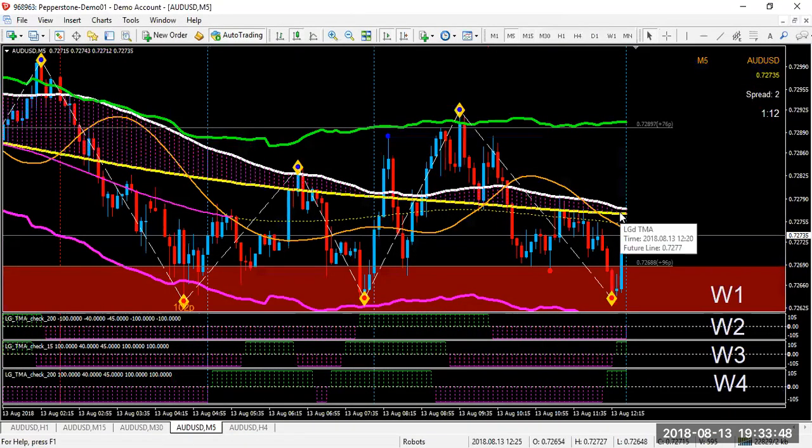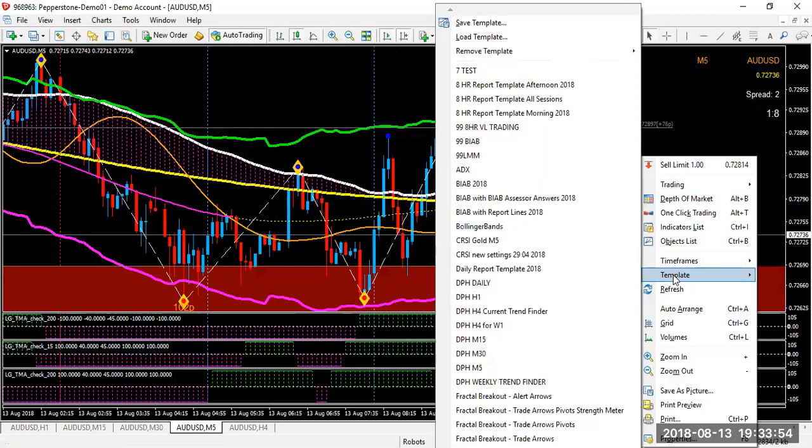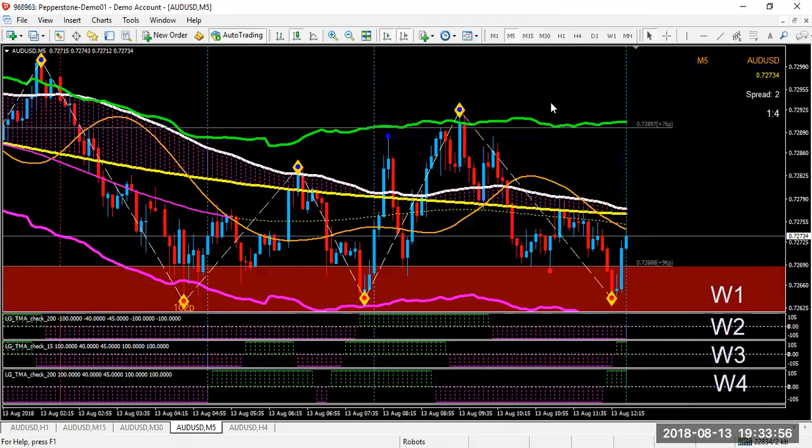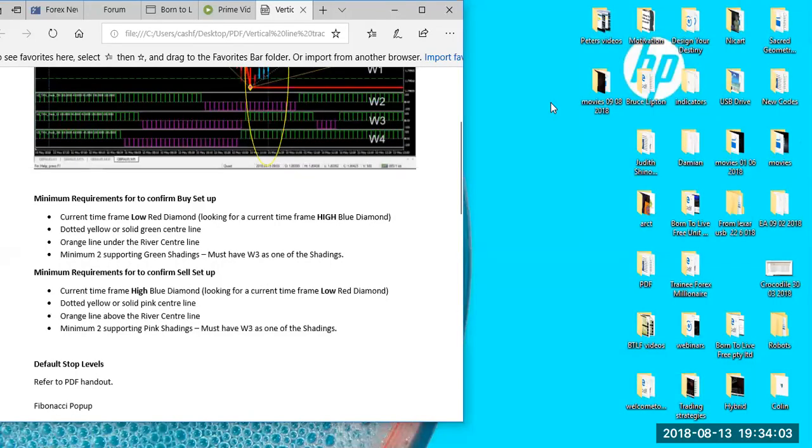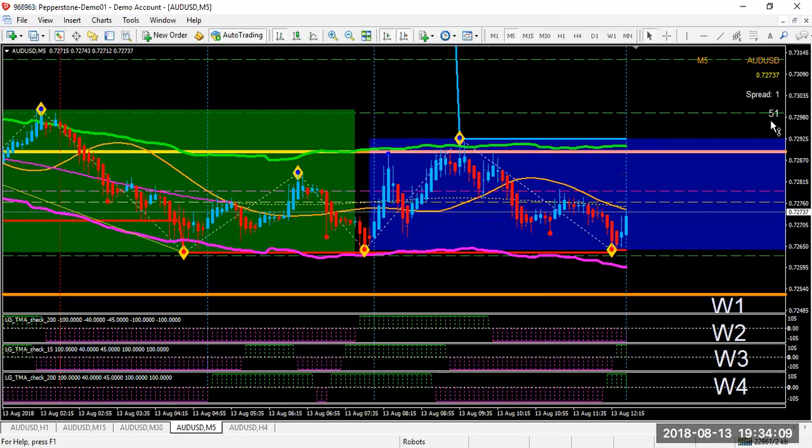Okay, we can see that yellow's below that, so it's not going to be a HP. It's just going to be an option 3 blue vertical line. Okay, so I'm just going to go and pop it straight back there. All right, I'm going to map out my